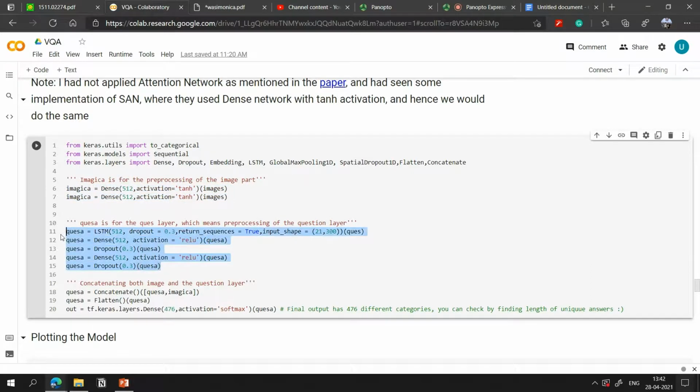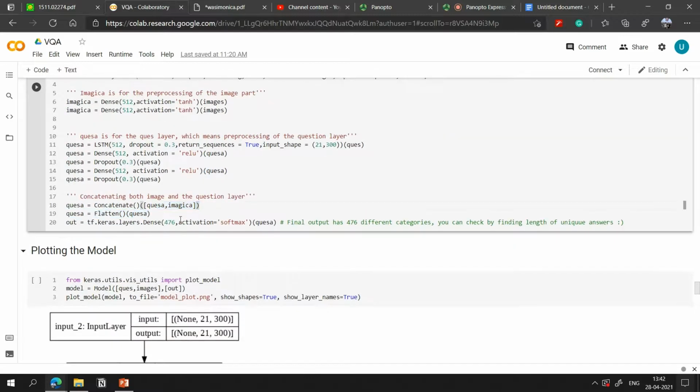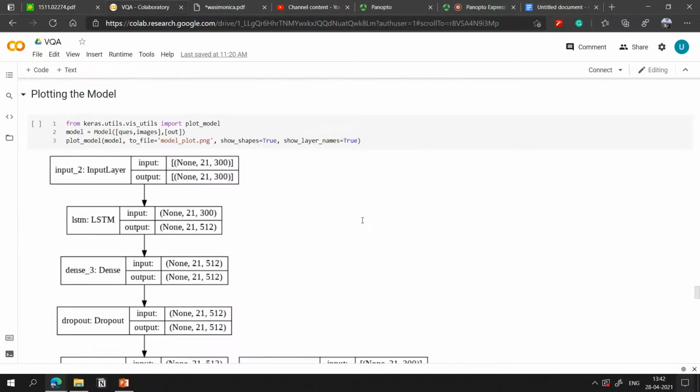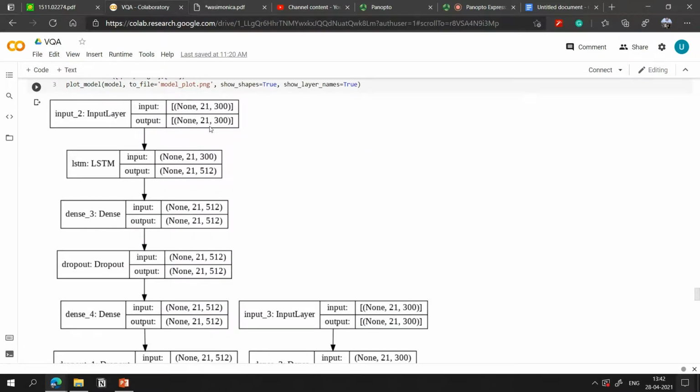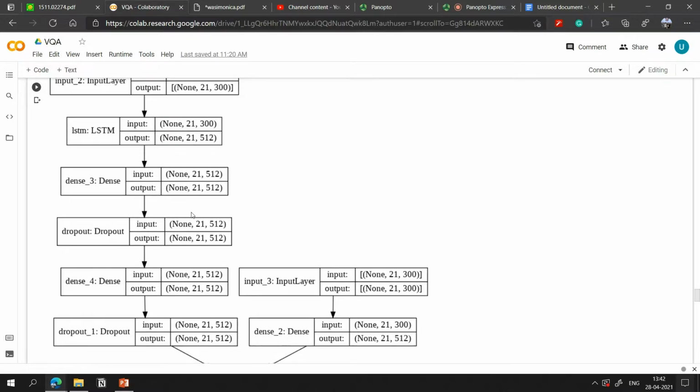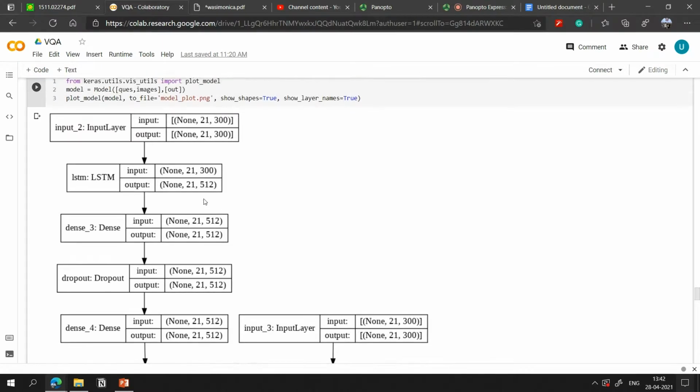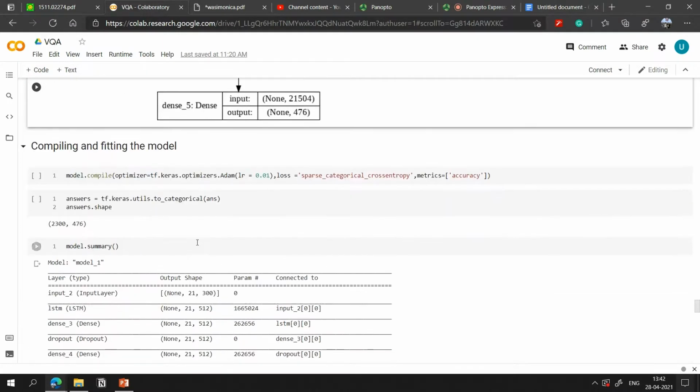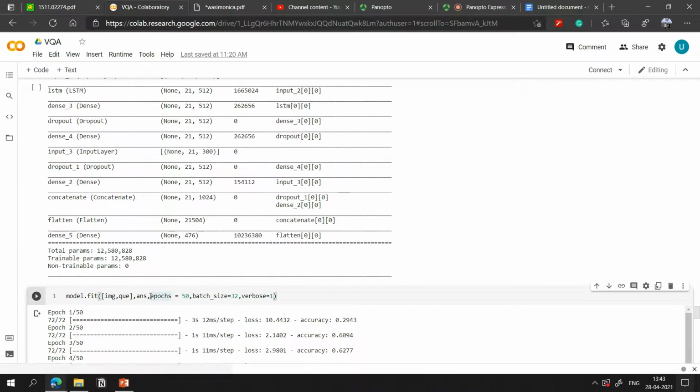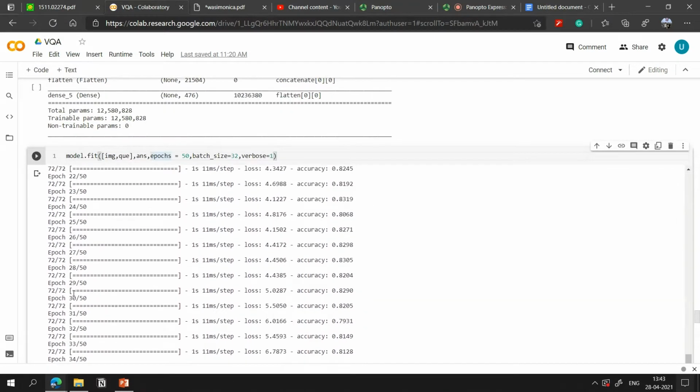And this was the LSTM that I had talked about, and then the concatenation part has been discussed here. 476 is the total number of unique answers that were present in the dataset, hence I mentioned the answer 476 here. The question is a 21 by 300 dimensional vector. Then concatenating and making the model out of it, with epochs and batch size.